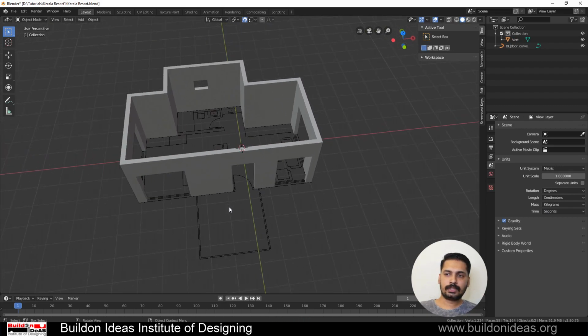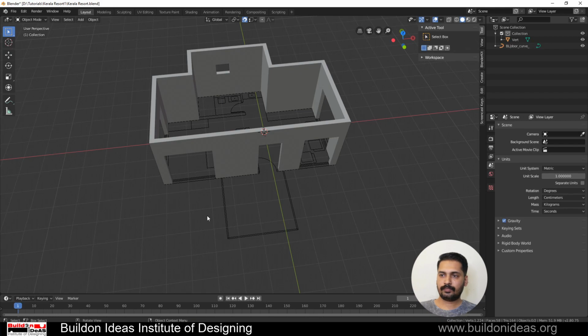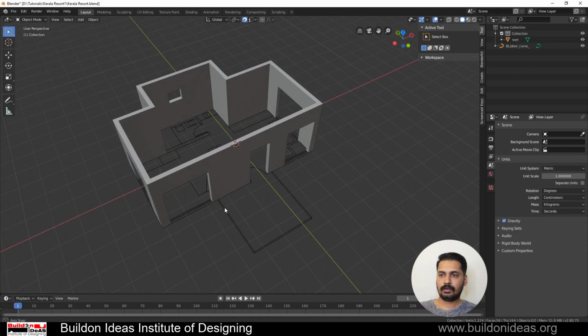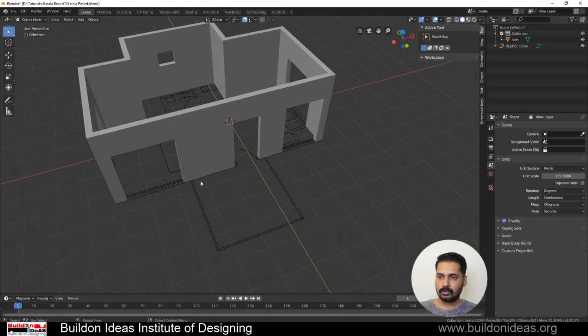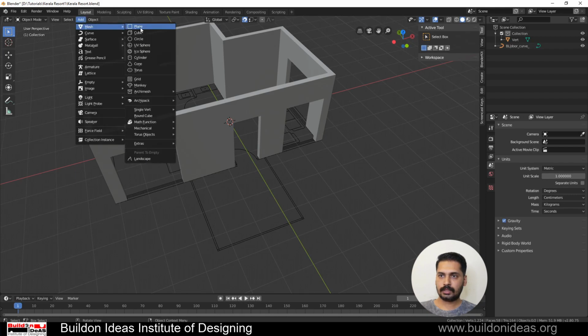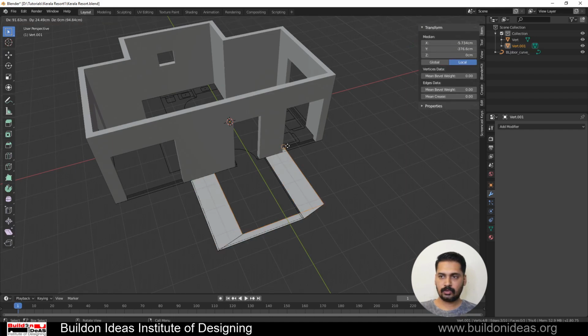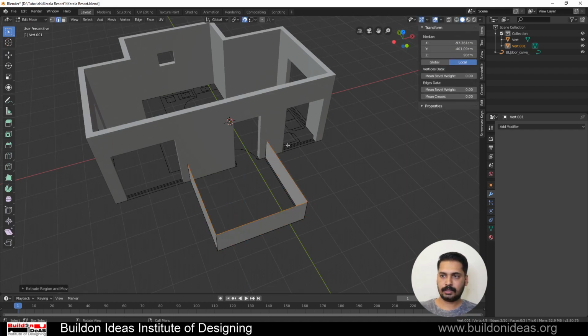Now the next thing which I have to do is create this sit out area. I'll have the base also and then the roof as the structure of this. So in order to do the beam structure for this, I'm just going into add mesh and then single vertex once again, and I'm just grabbing it to the position, going into the vertex mode, start extruding and then position it in the proper positions. Now just go into 2 and then select all the edges, extrude it in the Z direction 90 centimeters,